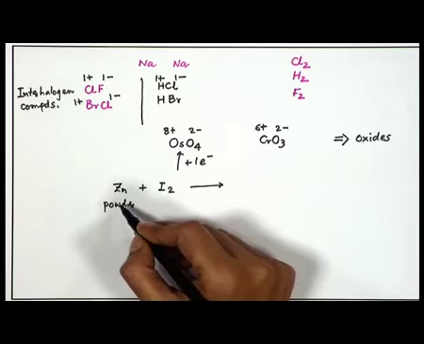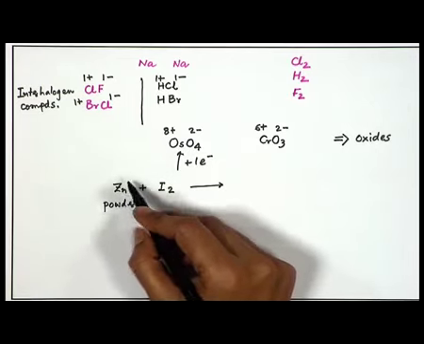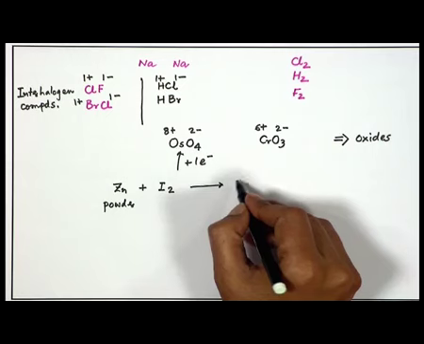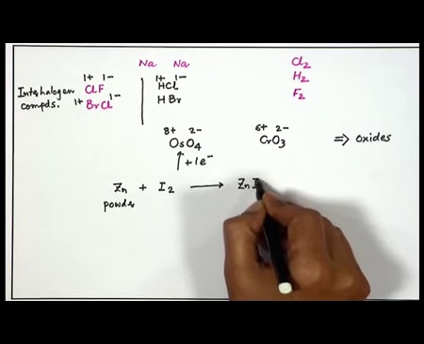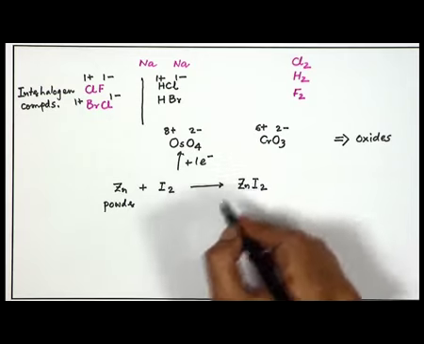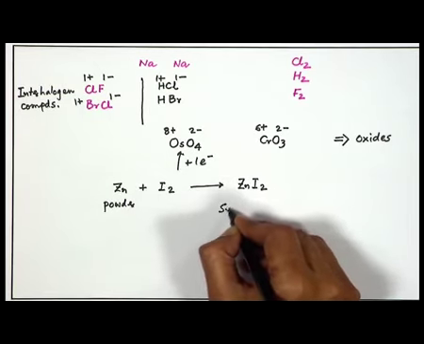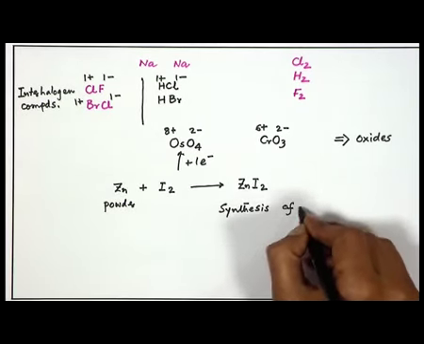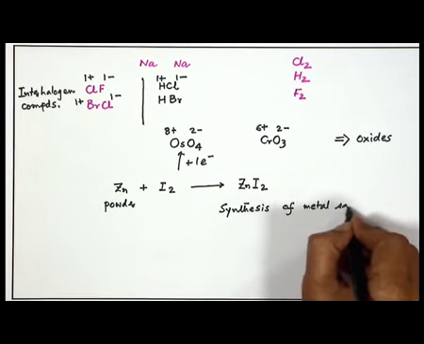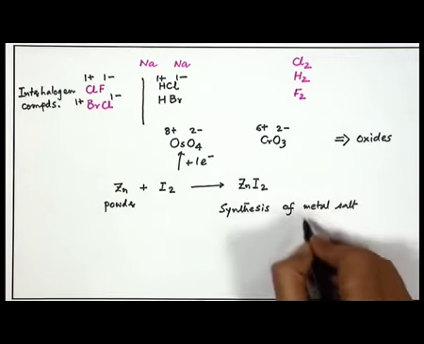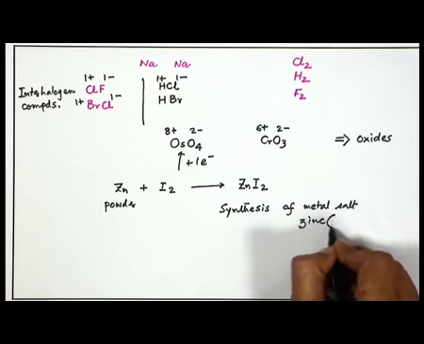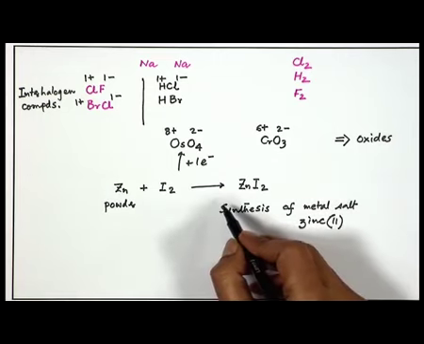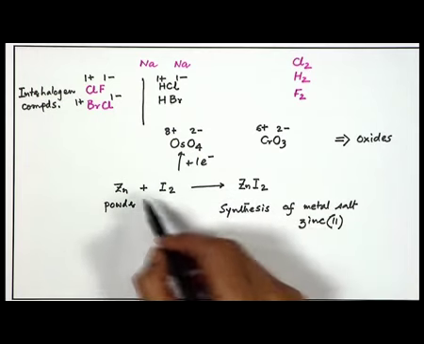see that zinc is the reductant. It will give rise to electrons. The electron flow takes place from zinc to iodine, and directly we get the corresponding salt. So, this is a typical example of synthesis of a metal salt, which is bivalent zinc, the presence of bivalent zinc. So, the zinc(II) salt is directly forming, and if we add this zinc powder to a solution of iodine